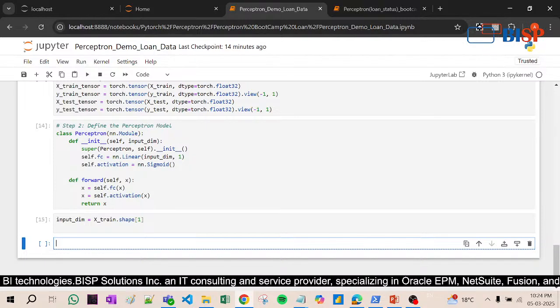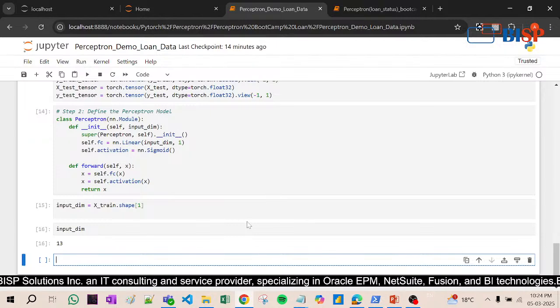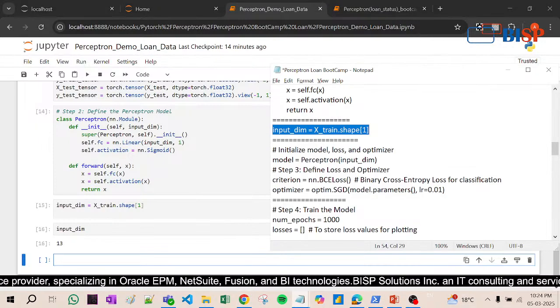So if I put here input_dim 13, why 13? Because 13 is the column. Whatever the shape of x train is, that is the number of columns. Okay, then